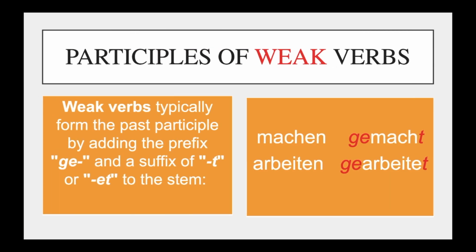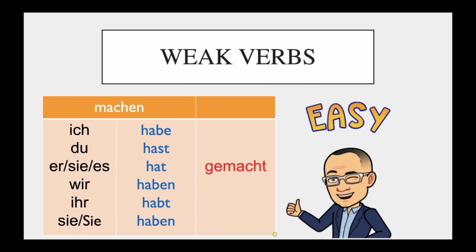Let's look at this example here of a past participle of a weak verb, which is machen. So you see in red, we place a ge before the stem and put et or t at the end of the stem. So machen becomes gemacht, arbeiten becomes gearbeitet. So let's look at a sentence, the verb used in a sentence. In the middle, in blue, you have the helping verb, haben, as in ich habe gemacht, means I did, or I have made, or have done. Okay, past tense of the perfect tense.